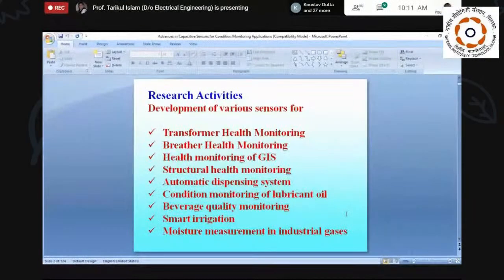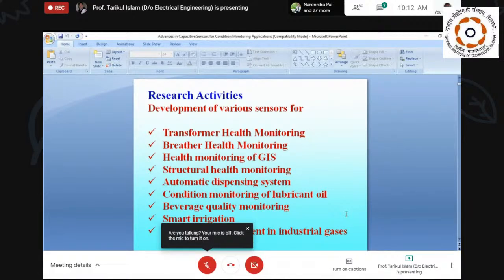Drinks quality monitoring is another application. Then we're also working with smart irrigation. This is another important field of research, and also an application with moisture measurement in industrial gases. So these are a few areas in which we are working and trying to contribute something